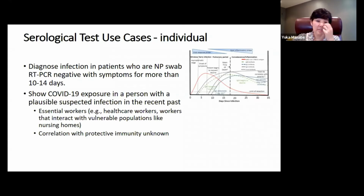So we can also show COVID-19 exposure in a person who had a plausible suspected infection in the recent past. So for example, if you're a health worker and you got a febrile illness with respiratory symptoms that you got over, you stayed home, you were furloughed, and then you came back, maybe you would like to know whether or not you had really been exposed to COVID-19 and you want to see if you had an IgG response. This is okay now during this time of the epidemic, but fast forward maybe a year and a half from now,